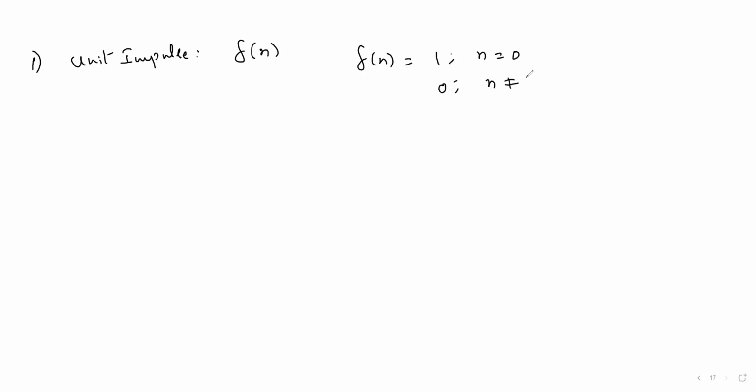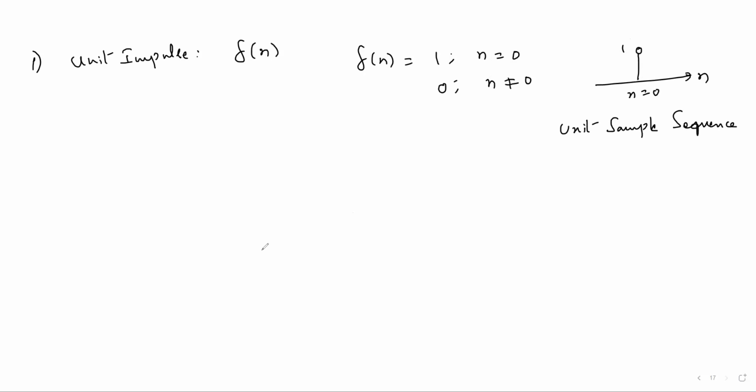Just 1 or 2 signals I will introduce here. For example, unit impulse signal, it is represented with del of n here. And the equation: del of n is equal to 1 if n value is 0, and it is 0 if n is not equal to 0. Graph will be simply only one sample at origin with amplitude 1. You can also take it as unit sample sequence,